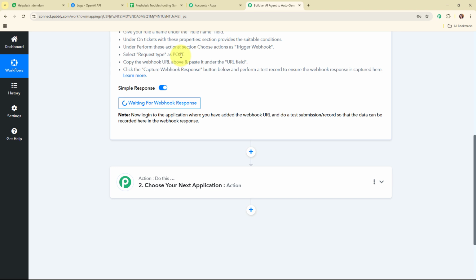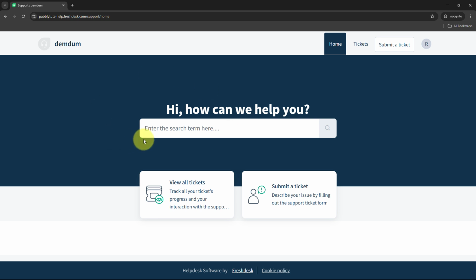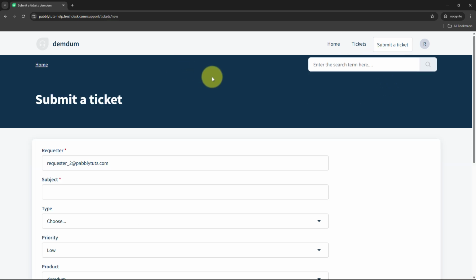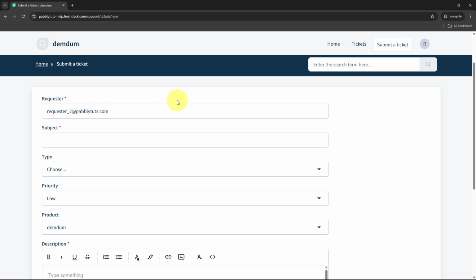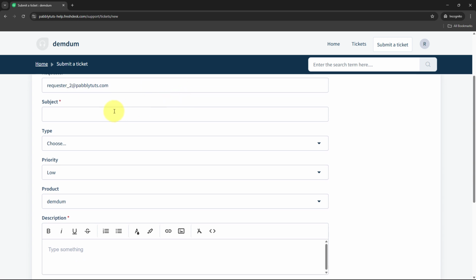So here I've already logged in to my test user account, so let me take you there. This is a demo user's account that I'm using to generate a ticket for my account. For that I'm going to click on submit a ticket, and then fill in the details. Here you can see the requester email address is already pre-filled, that means this is my user account email address, and I'm going to enter the subject for my ticket as unable to reset the password,